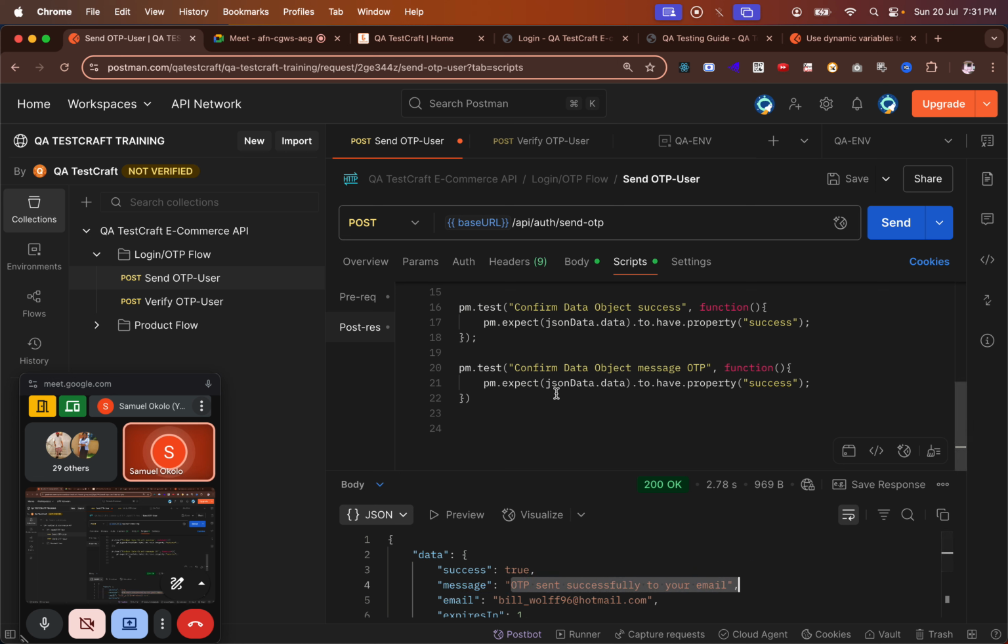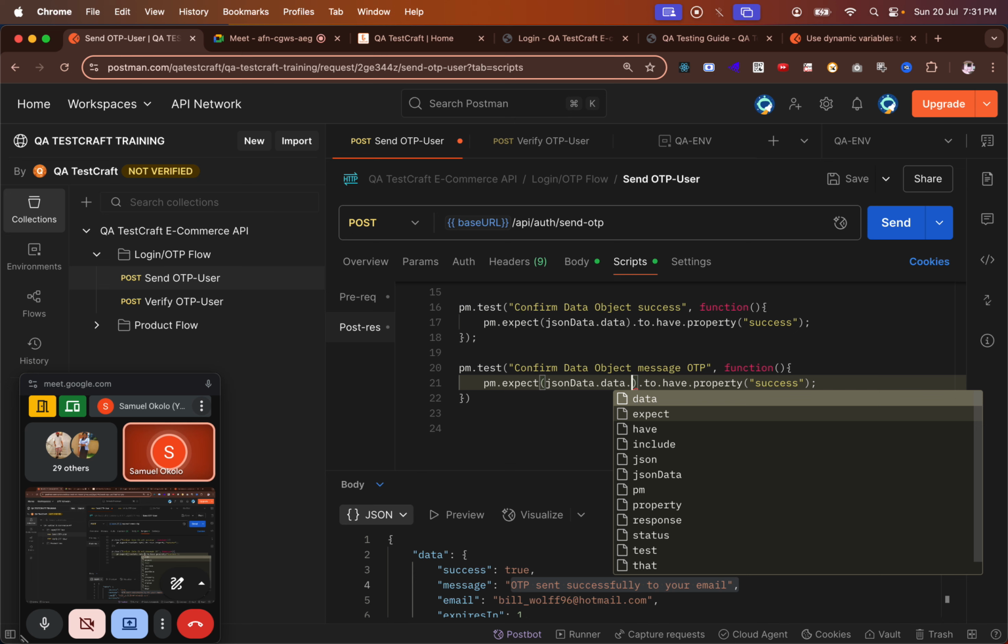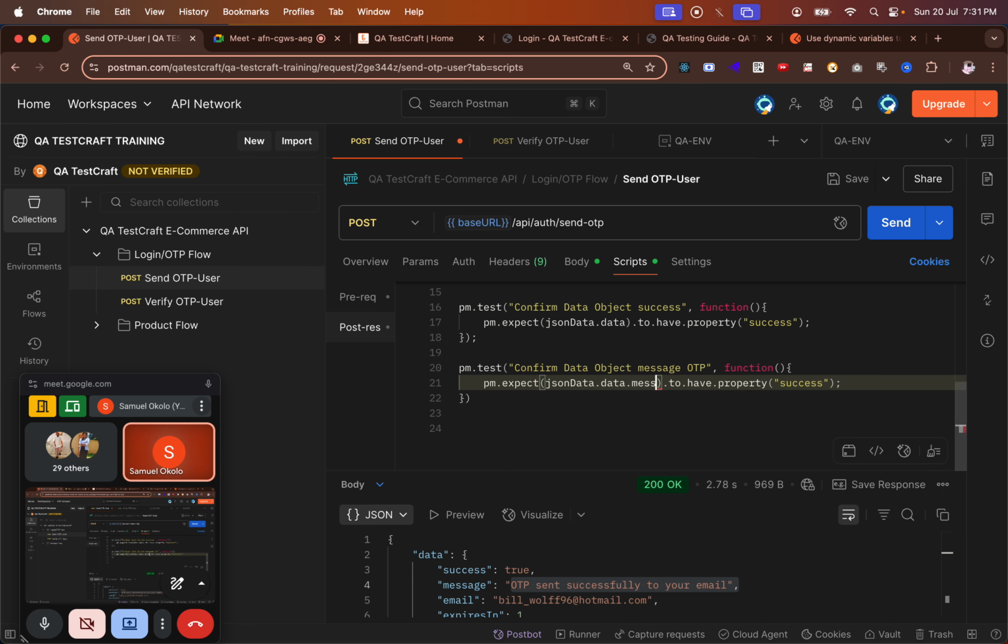We'll say JSON data dot message. Now what should we be having? It's not going to be proper. I don't want it to have property, because if we say this to have property this, I want it to, let's just use